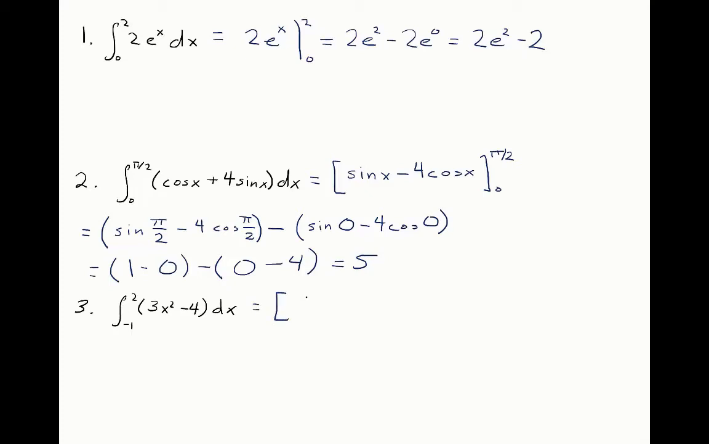Okay, we integrate this. We get 3x cubed over 3 minus 4x, going from minus 1 to 2. Alright, these 3's cancel out. Let's plug in our numbers. So we have 2 cubed minus 4 times 2